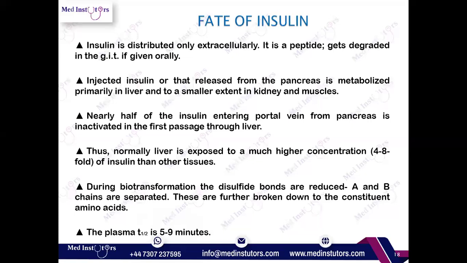Injected insulin, or that released from the pancreas, is metabolized primarily in the liver and to a smaller extent in kidneys and muscles. Nearly half of the insulin entering the portal vein from the pancreas is inactivated in the first pass through the liver. You may be remembering the basic pharmacology that is called the first pass metabolism or the pre-systemic metabolism. Any drug that is taken orally,